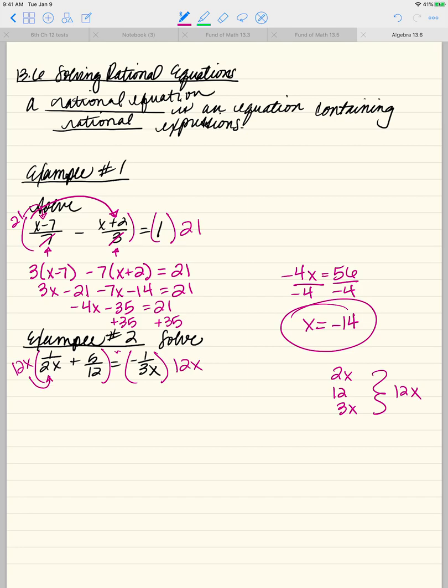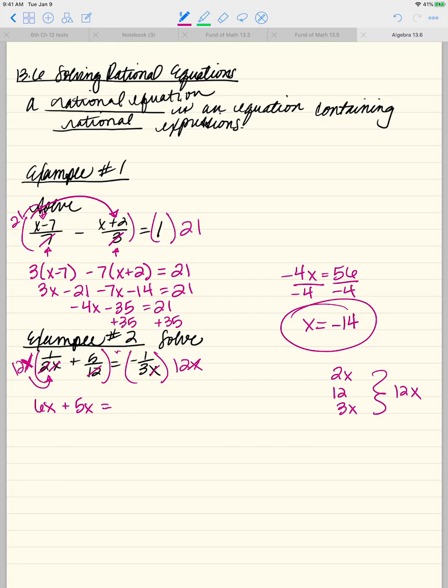Okay. So in our first expression here, the x's are going to cancel out. The 2 is going to cancel. The 12 is going to become a 6. So we have, I shouldn't have crossed that x out. I don't want to cross it out because I don't want to lose track of it. Okay, so we're going to have 6x as our first term now, plus 12x times 5 over 12. The 12 in the denominator is going to cancel with that 12 in the numerator, leaving me just with x times 5. So we have 6x plus 5x is equal to,